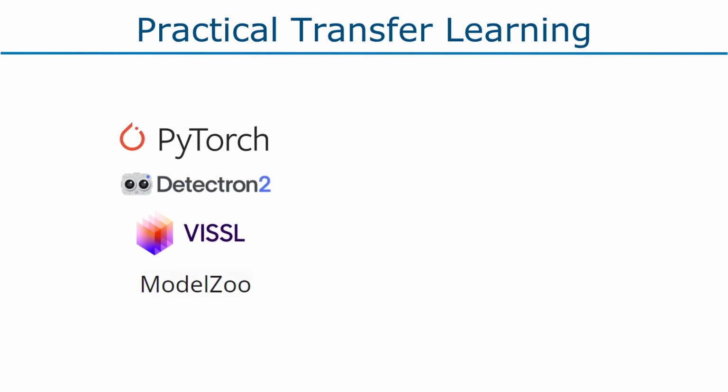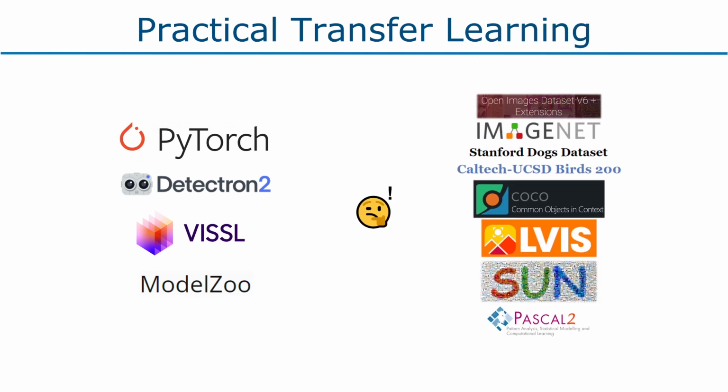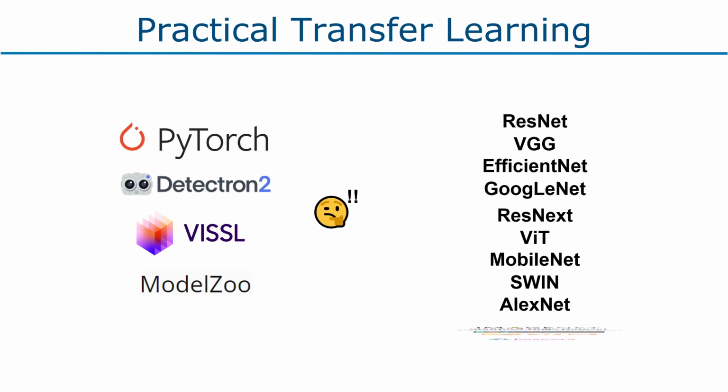There are several model banks out there with models trained on huge datasets, so getting a pre-trained model is not the problem. Instead, deciding which pre-trained model and dataset to use can be a big bottleneck. Depending on your use case, the standard fare of using ImageNet for vision tasks might not perform the best, so you might have to try other datasets. And if you want your model to be fast while retaining acceptable accuracy, you're also going to need to test out some different architectures. Doing all this testing can end up taking a lot of time, and because of this,